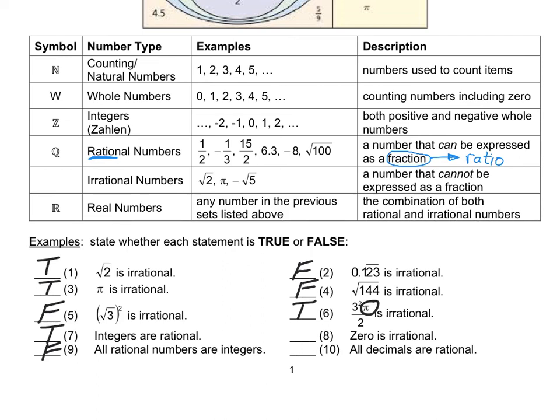0 is irrational. False. All decimals are rational. False. Yeah, we had a bunch of cases where we showed that that was not true. So anything where a radical gives us a decimal is going to be an irrational number. Okay,